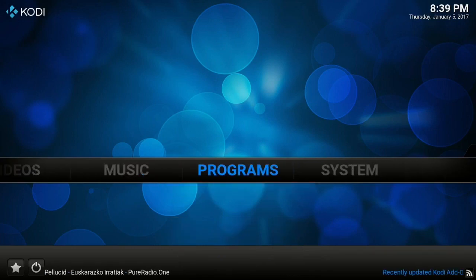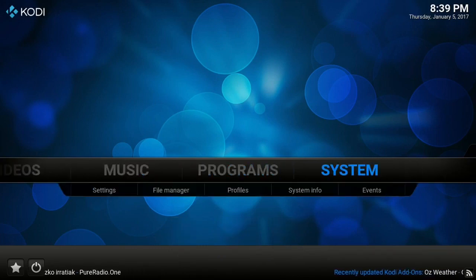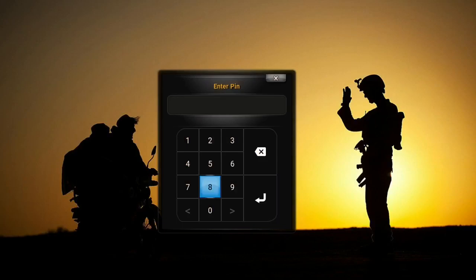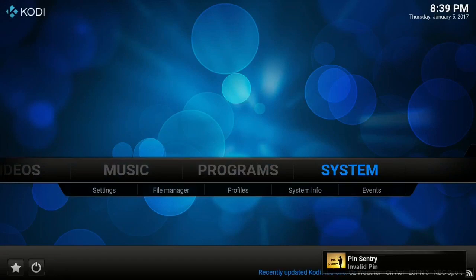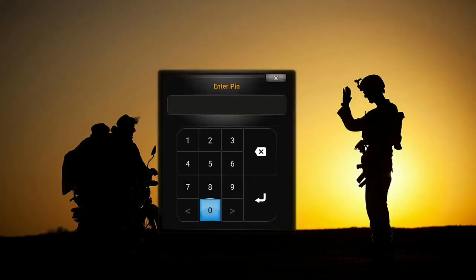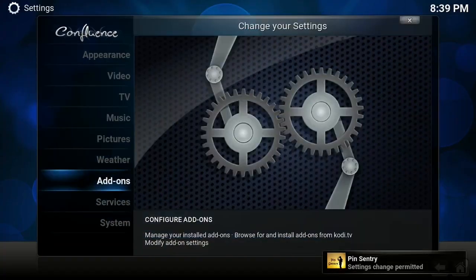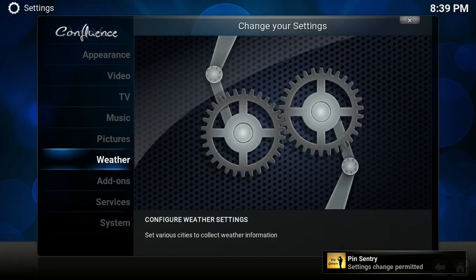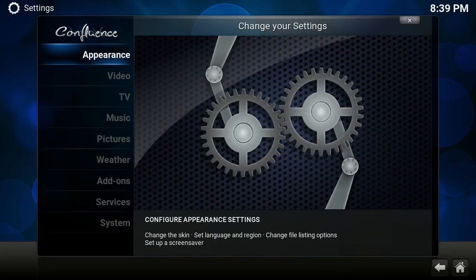So I have the system menu set up for a PIN. So if you go to system, you will see you have to enter a PIN. So let's just do an incorrect one, 2222. Boom, it backs out and it will not let your kids get into the system menu. So let's just do it again. We'll do the correct one, 0000. Boom, lets you in, and now you are in the system menus and you can mess around with it,